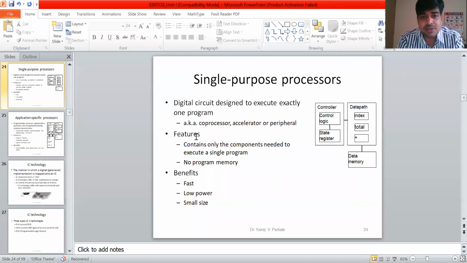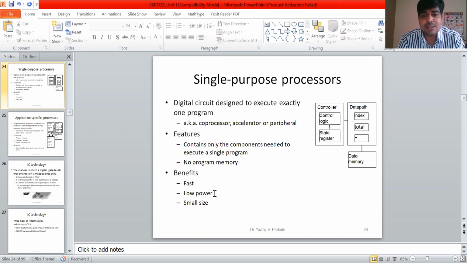Now what are the features of this? It contains only the components needed to execute a single program. No other components are mounted on this kind of processor. So hardware is reduced, and no program memory is required. What is the benefit? First, it is fast, because you are going to execute only one task.